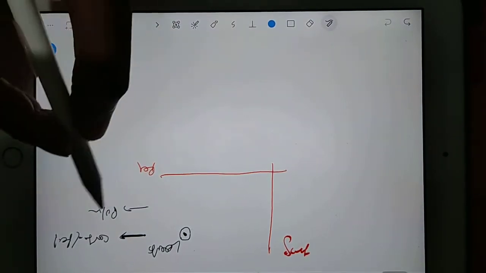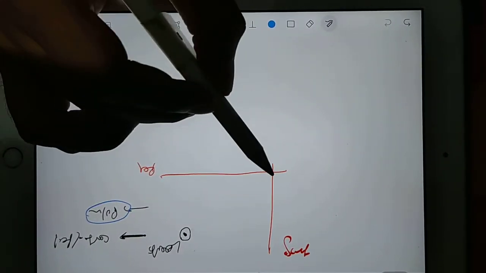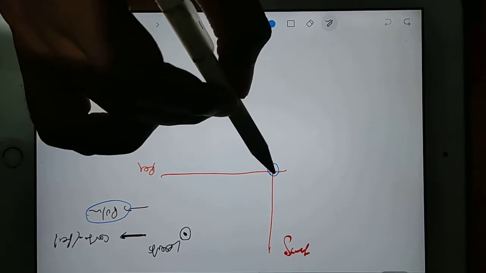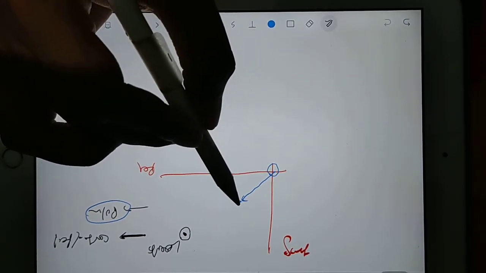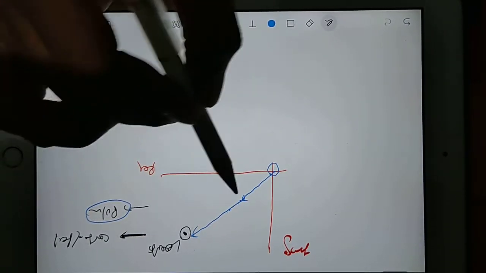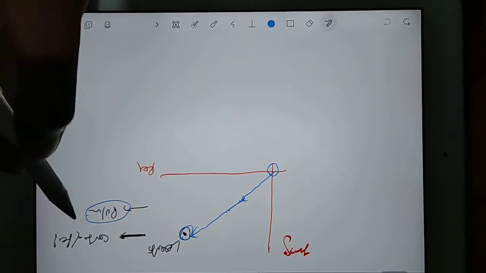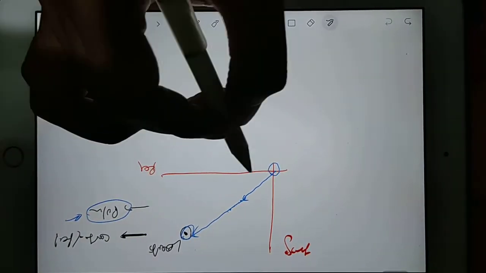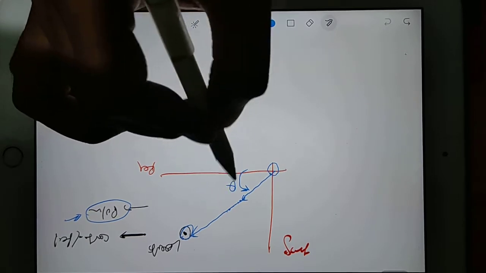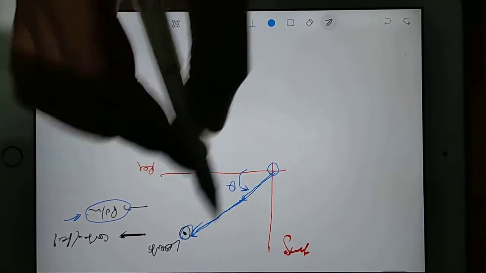So if you are going for polar form, then you should know that from this origin in which direction you have to go, and how long you have to go. So this much long you have to go, and then you will find the location. So this is how we will discuss polar. Like in this direction you have to go at this much angle, and at this much length you have to go. That will be the location.